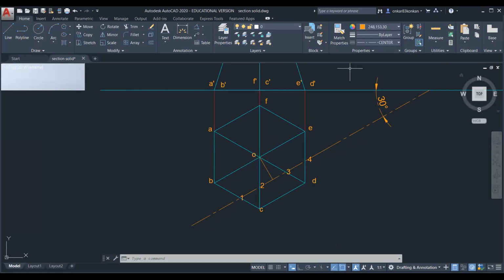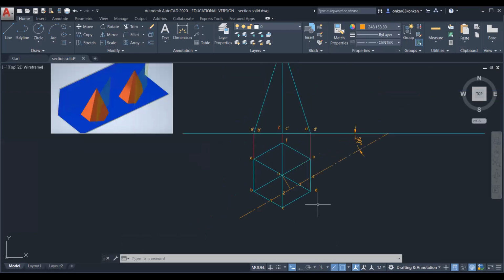So you can highlight this portion on the left side of this line by a continuous thick line. Initially draw the front view and top view by a continuous thin line.